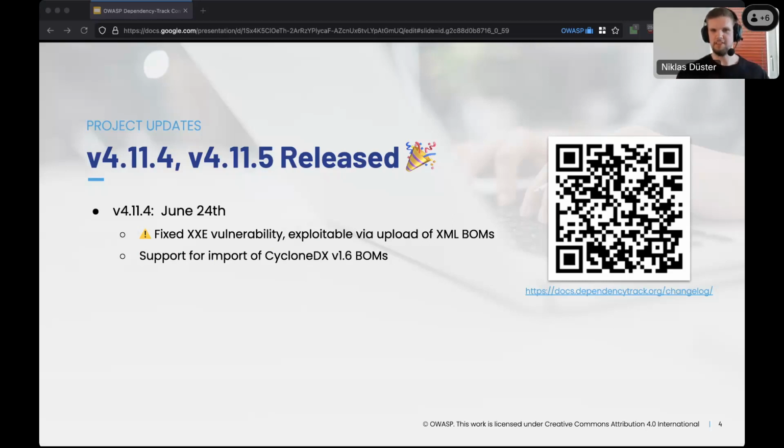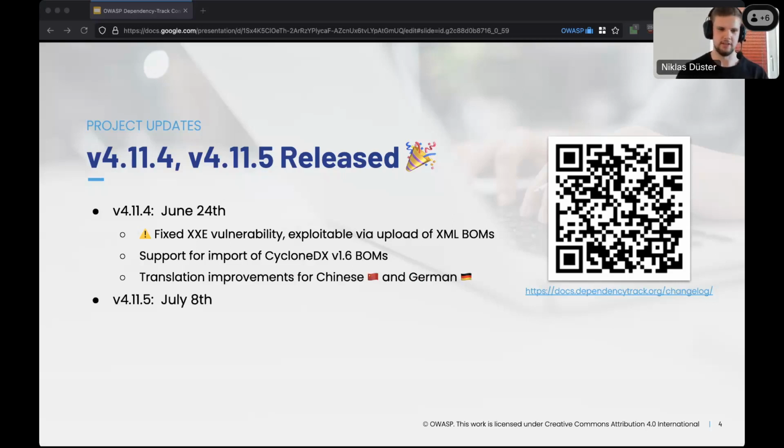And because we needed to fix this XXE vulnerability, and it was fixed in a version of the CycloneDX library that supported CycloneDX version 1.6, by accident, Dependency-Track now also supports version 1.6 of CycloneDX, which was originally planned for a later version of Dependency-Track. Also, we got some nice contributions for the translation for both Chinese and German, which was very much appreciated. And then the recent release from 2 days ago, version